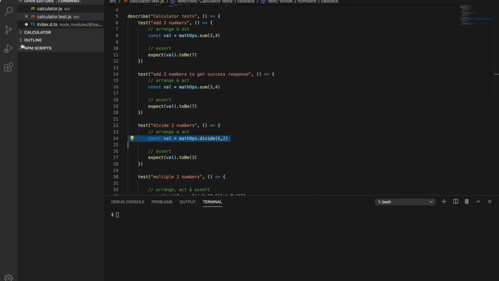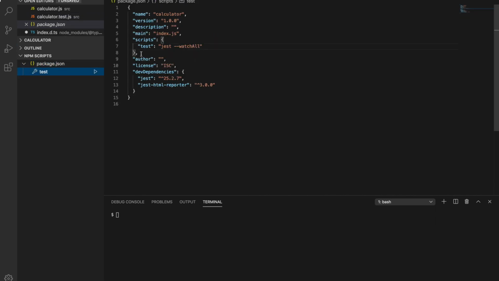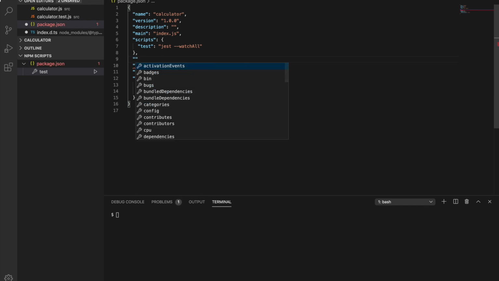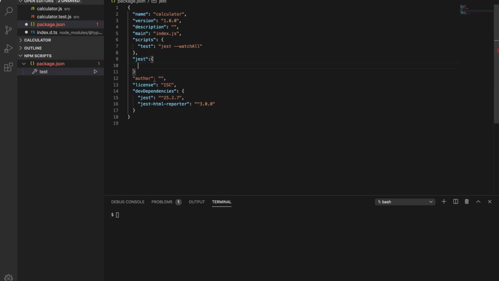So you need to open your package.json file and you need to write a Jest configuration here. Jest configuration is nothing but another property in this JSON, and I need to write here just one line, that is collect coverage, and set it to true.